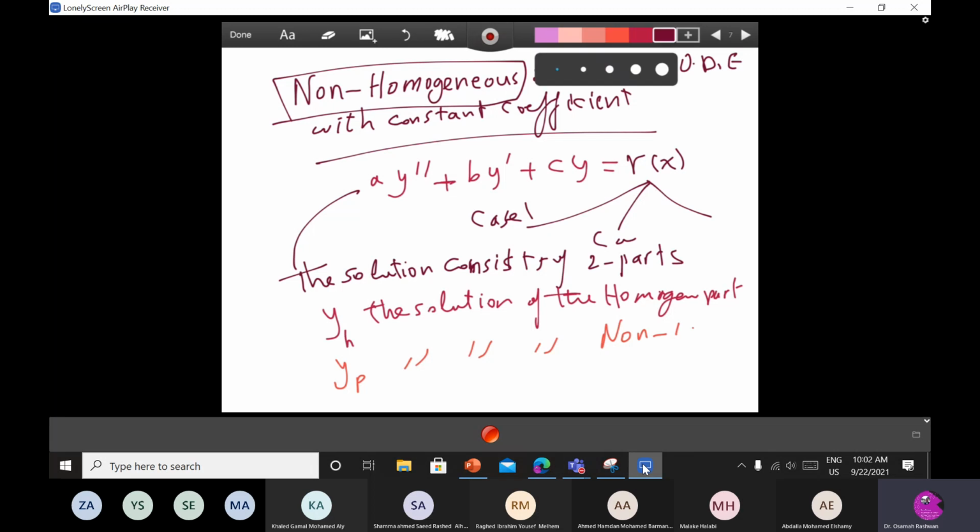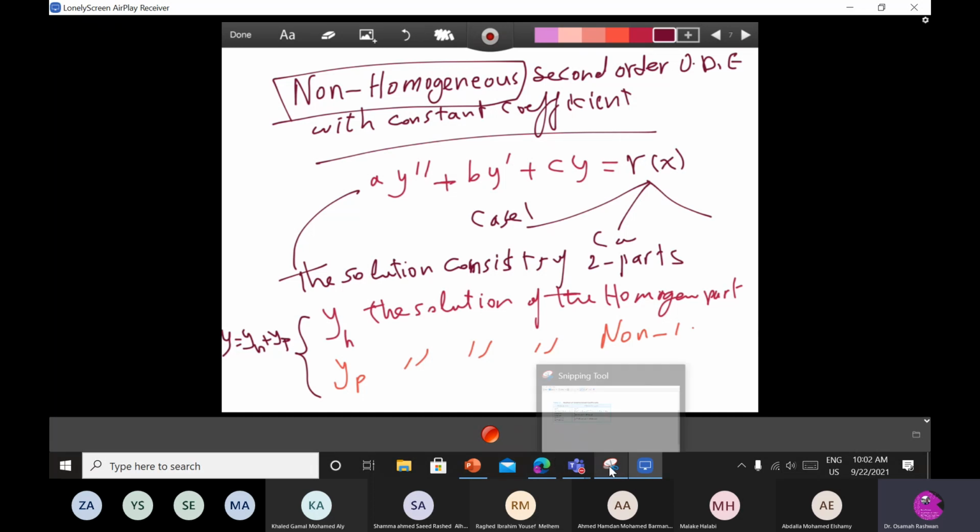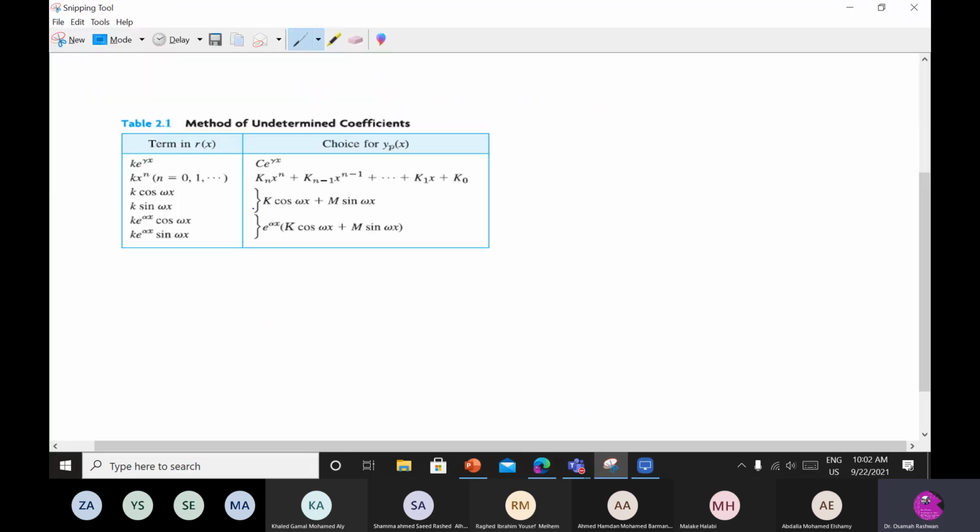Okay, so what is the general solution? The general solution will be y equal to YH plus YP. I know how to find the general solution when R(x) equals 0. I have no problem. What about YP? YP depends on the right hand side, the non-homogeneous part. As we said, if you have an exponential function, you let your particular solution YP be also a constant times the same exponential function. If you have a polynomial of degree n, or any term of degree n, you will